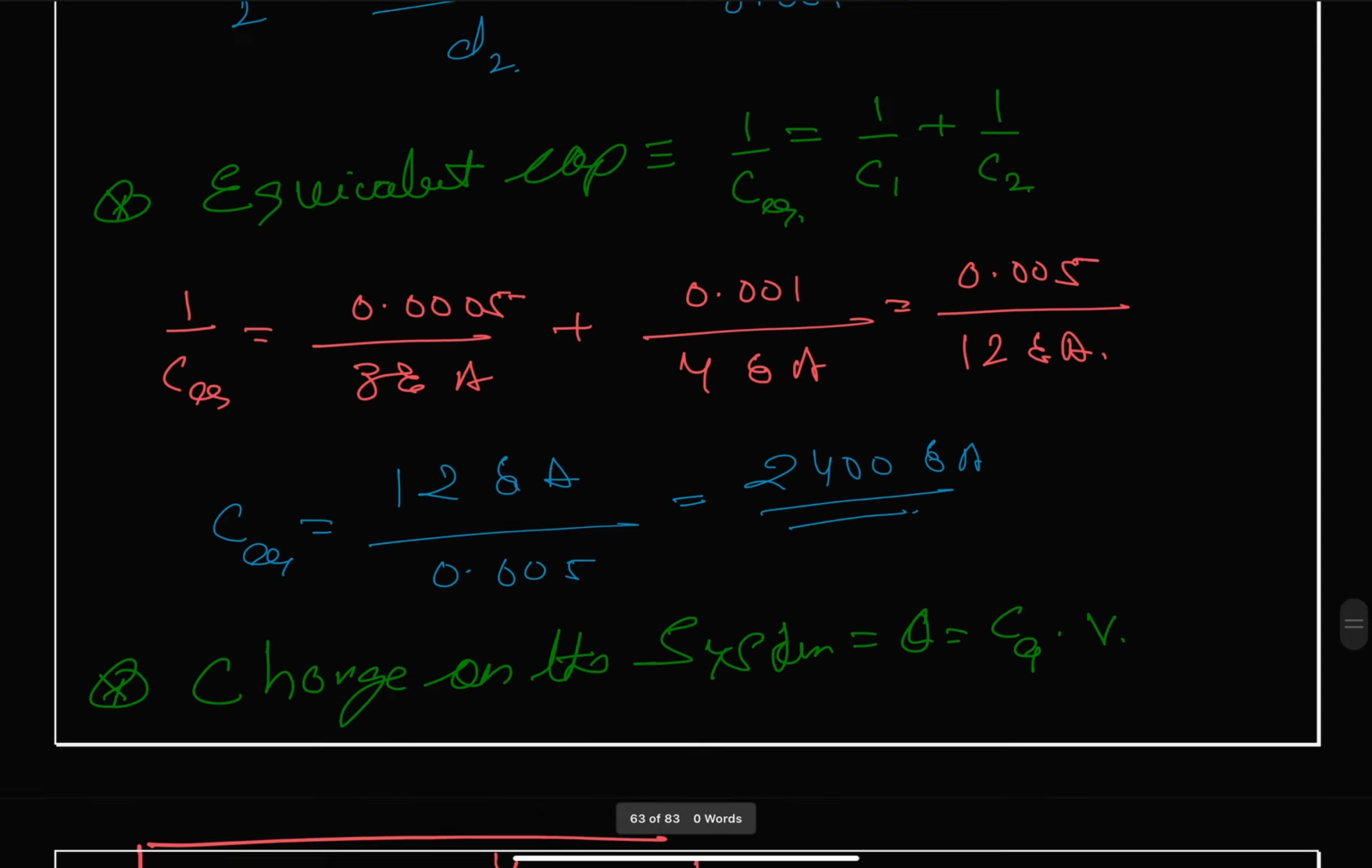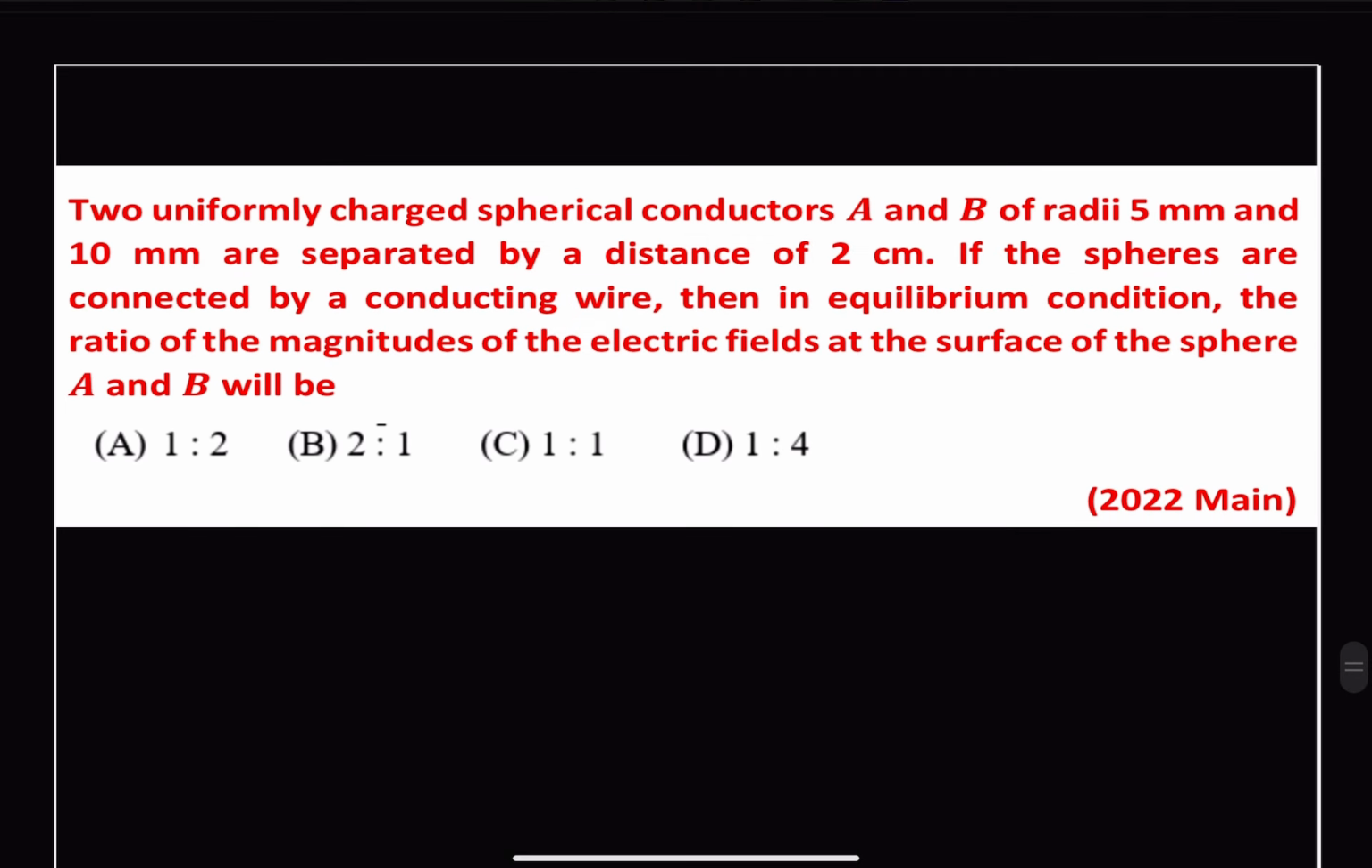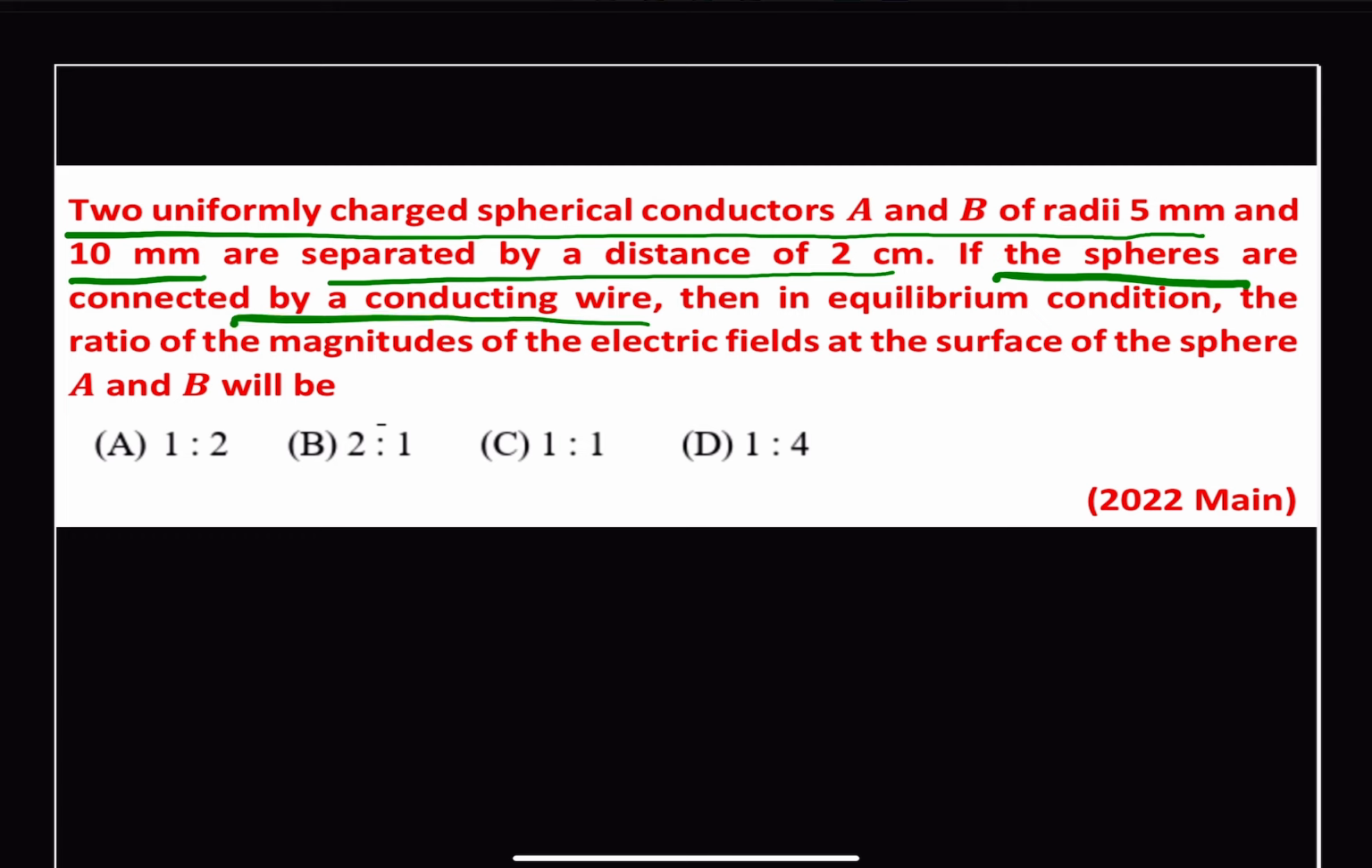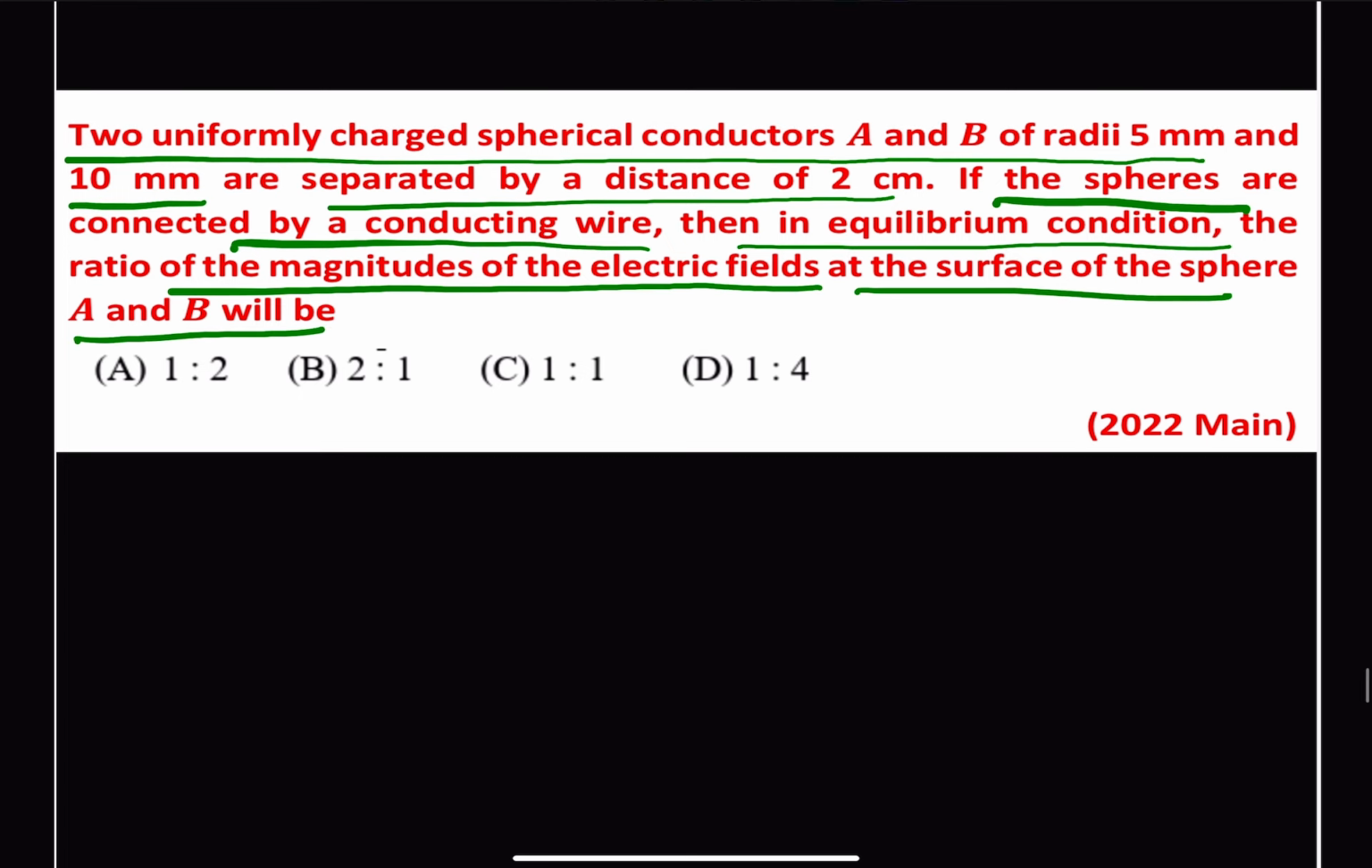Next question. It states that two uniformly charged spherical conductors A and B of radii 5 mm and 10 mm are separated by a distance of 2 cm. If the spheres are connected by a conducting wire, then in equilibrium condition, the ratio of magnitude of electric fields at the surface of sphere A and B will be. So we are given two spheres A and B. So this is our A and this is our B sphere,